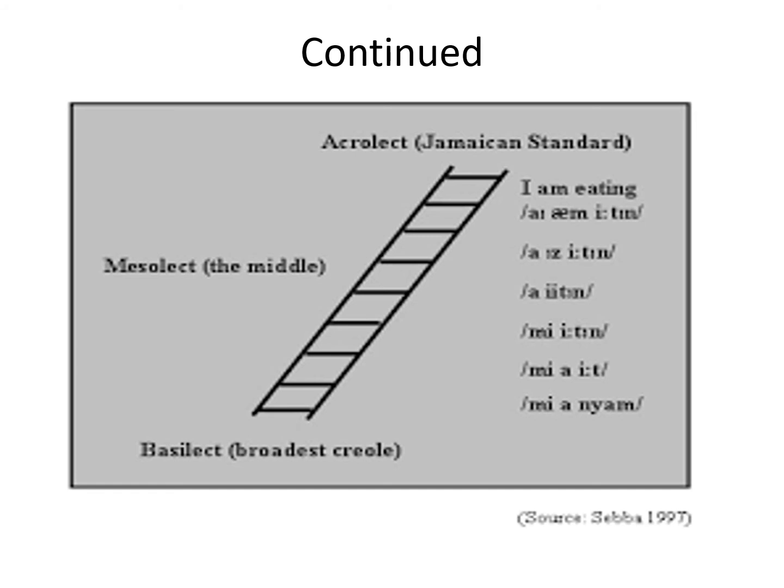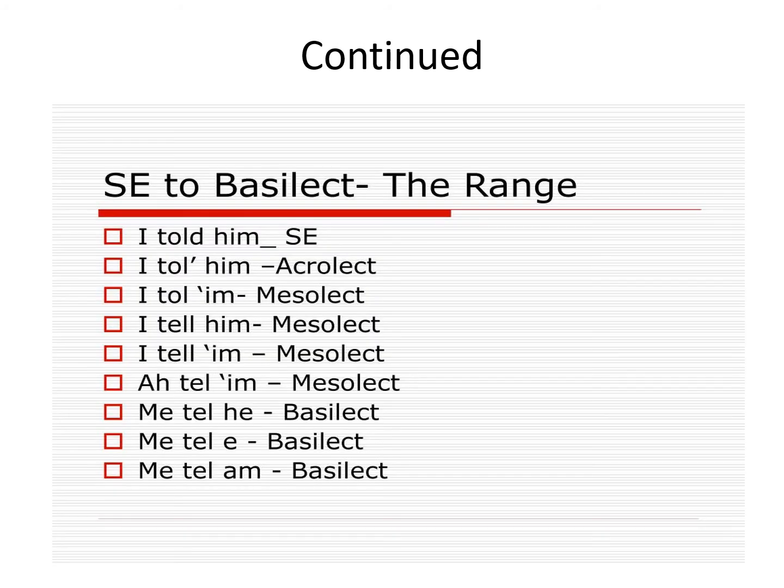So these are the three levels of English variety. Again, from standard English to basilect, the range is here. You can see it's a very clear image in this slide. "I told him." Number one, "I told him," is standard English. Number two, "I told him," is the acrolect. Standard English and acrolect are the same thing. Then "I told him," with a different pronunciation, is